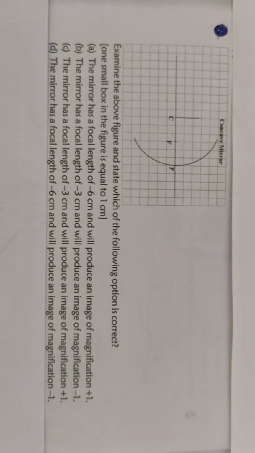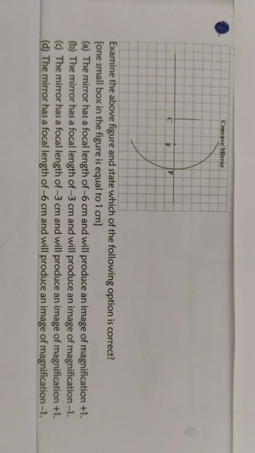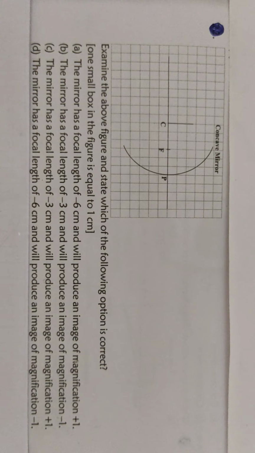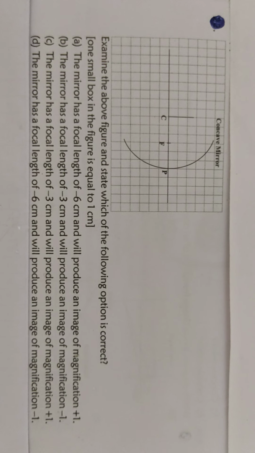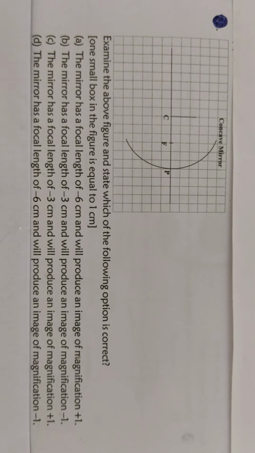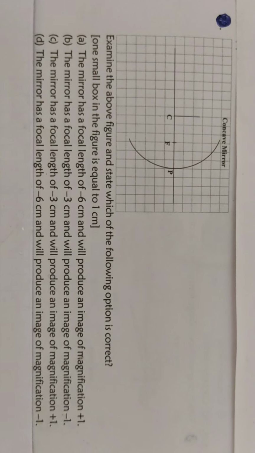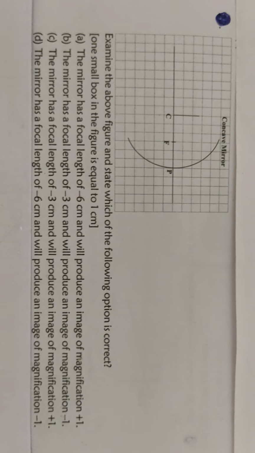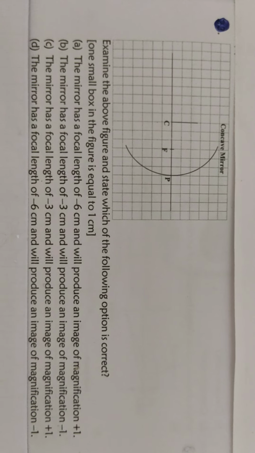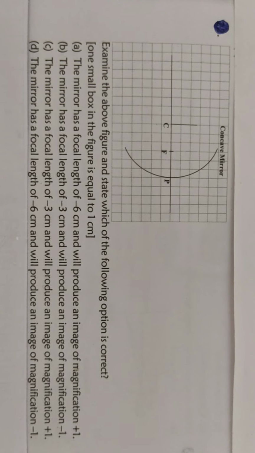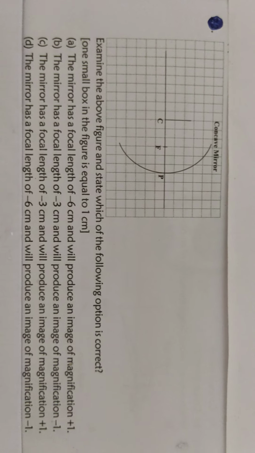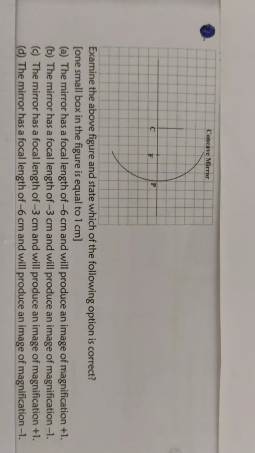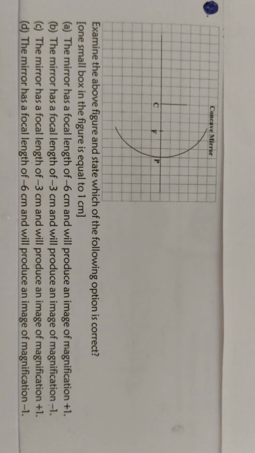Now this is again a question based on a diagram. You can see the diagram here. On the diagram there are squares, like a graph on which this diagram is drawn, and it is of a concave mirror. They have not shown polishing on the right hand side, so we can imagine that there is polishing on the right hand side. Okay.